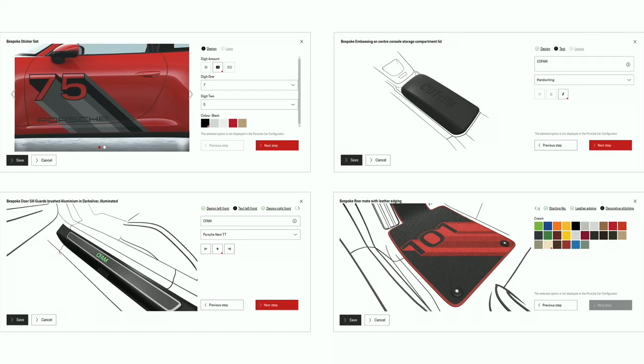Another example is your center console, which is then letter stamped on demand on this part. Another example is a door sill, where you can add signatures or text, laser cut on demand, or floor mats, where you can, as with car stickering, add numbers and customize a color, linked to color printing. So this is again a great example of an automotive OEM who really successfully launched a global solution